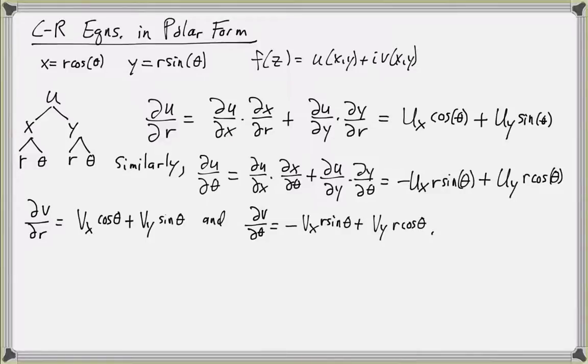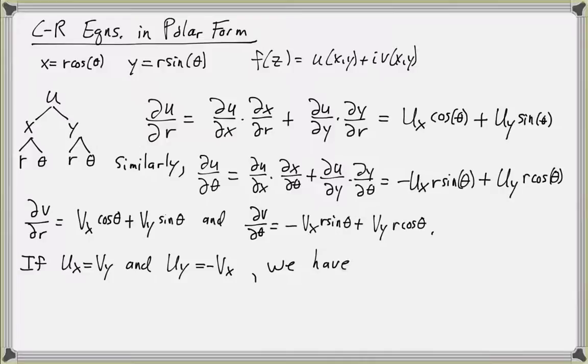So by the Cauchy-Riemann equations, if the derivative of u with respect to x equals the derivative of v with respect to y, and the derivative of u with respect to y equals the negative of the derivative of v with respect to x,